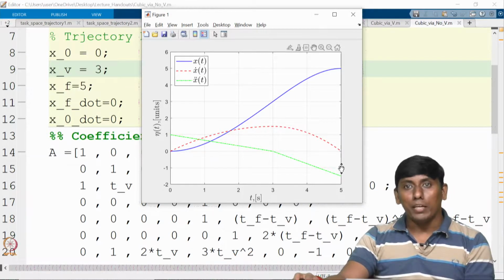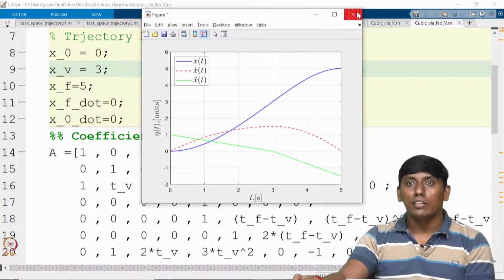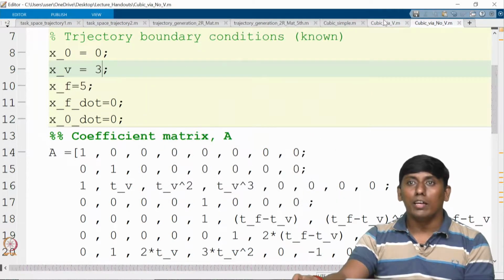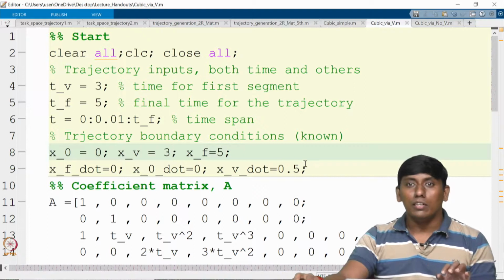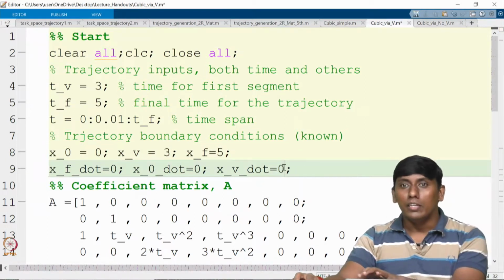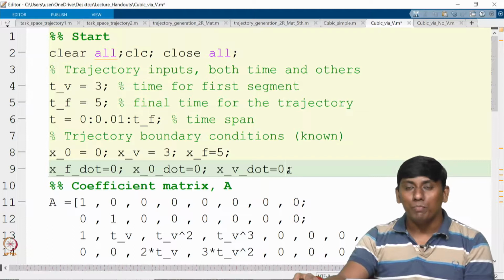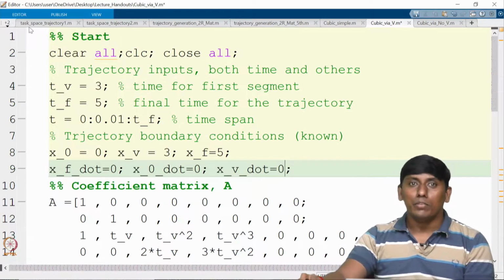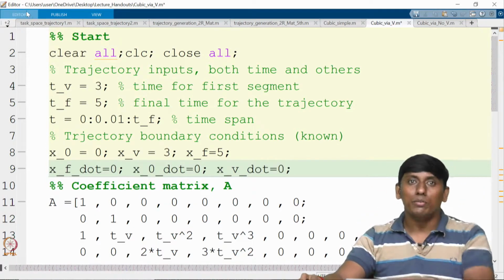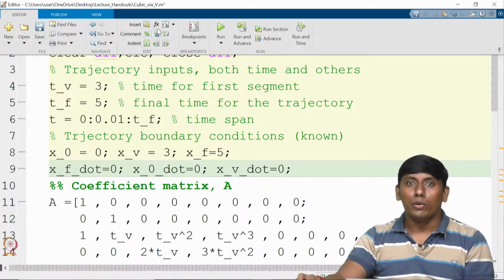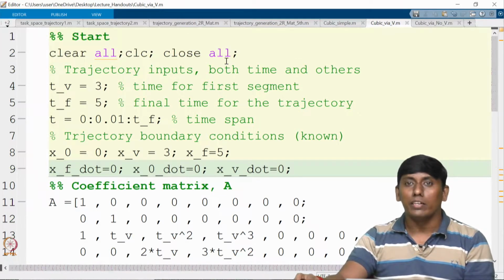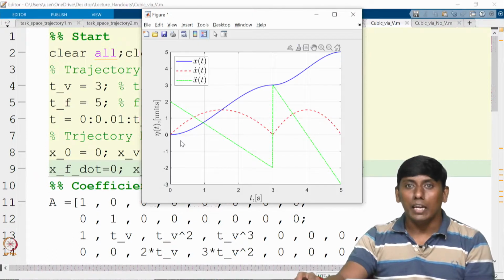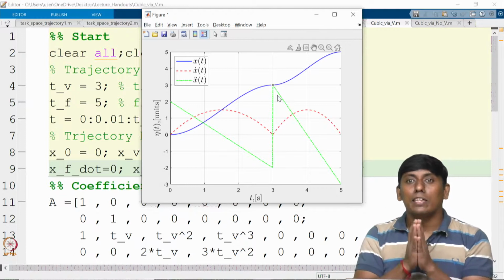In order to compare, you can run the same condition. The only issue is that you do not have any velocity specified. So just for the benefit of comparison, I assume that this velocity is 0, which is very tricky, because velocity 0 means it will come to 0 and 0. Let's see how it goes. You can see it starts from 0 and ends again at 0 in the first segment, and the second segment again starts at 0. So it is very clearly explicitly two segments.